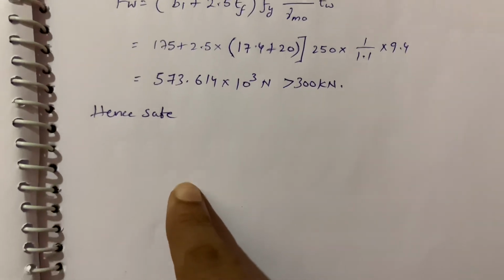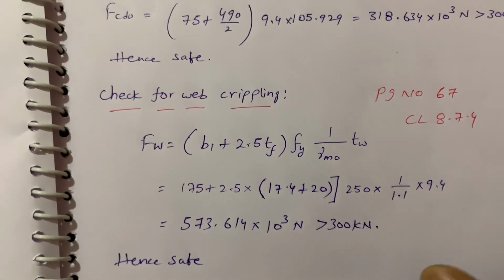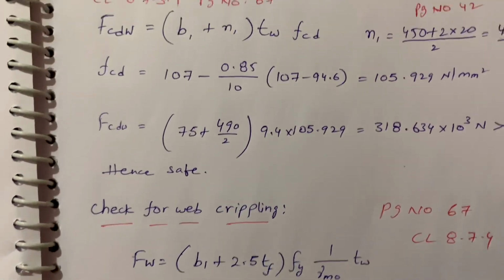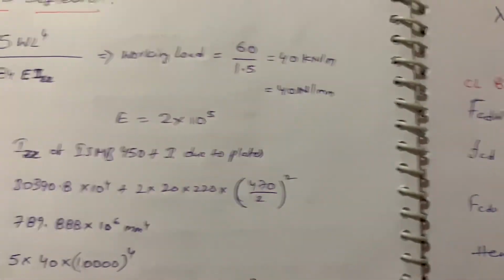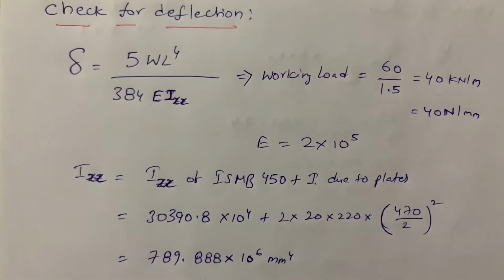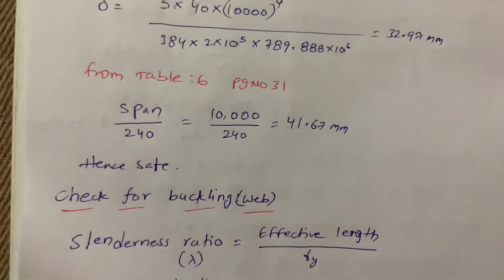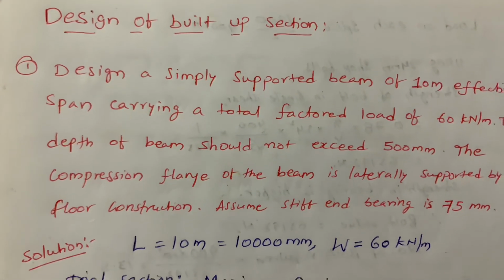The next step is connections. Here I didn't mention any connections, because the connections, by using bolting, are used to join the section and plates, but I didn't explain them in this video because the connections are the same as in the previous problems which I explained. That's why I didn't mention any connections. So this is the built-up section problem in design of steel structures, in design of beams.